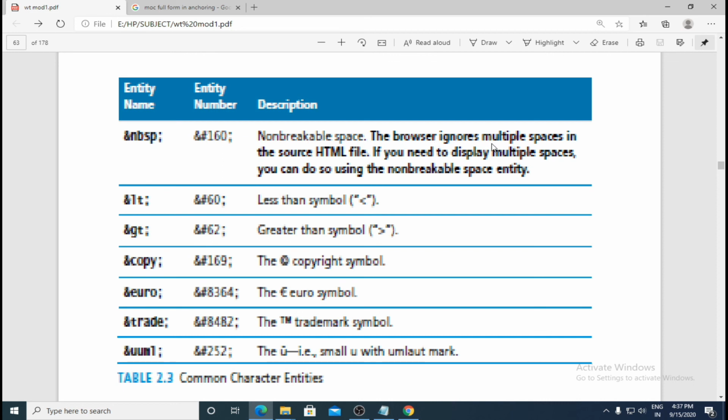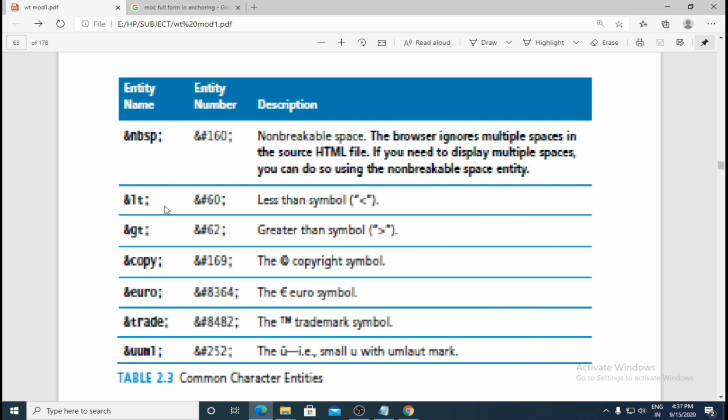The browser ignores multiple spaces in the source HTML file. If you need to display multiple spaces, you can do so using the non-breakable space entity. As I told you all, when you put too many spaces, your browser will not take them; it will display only one. But if you want 2-3 spaces to be displayed, that time you make use of this character entity, ampersand NBSP followed by semicolon.